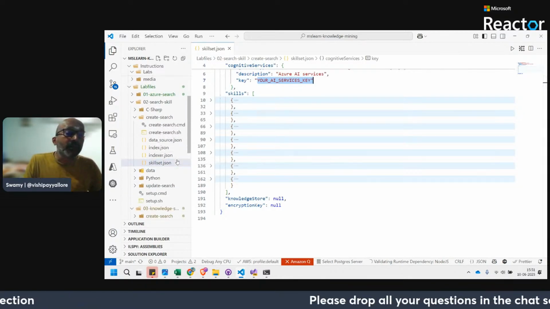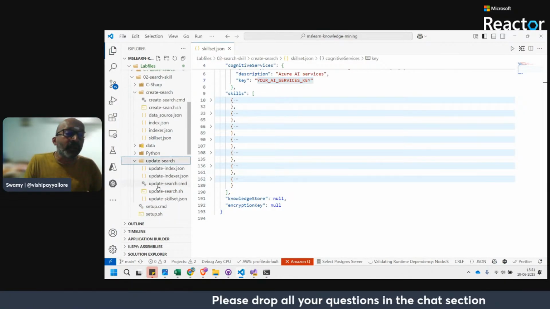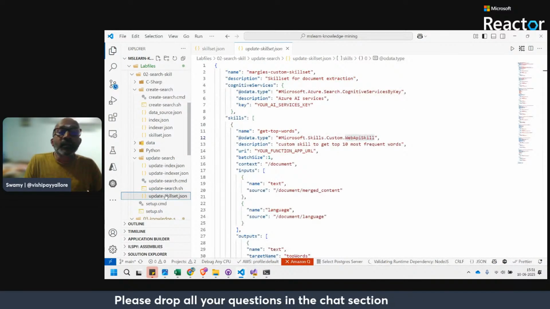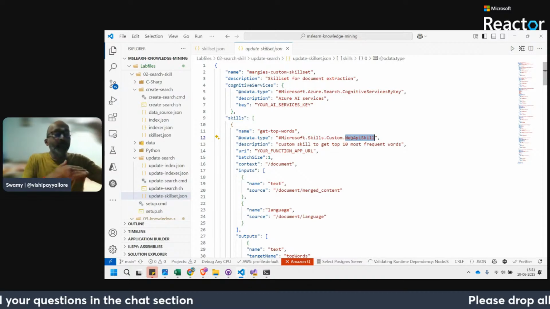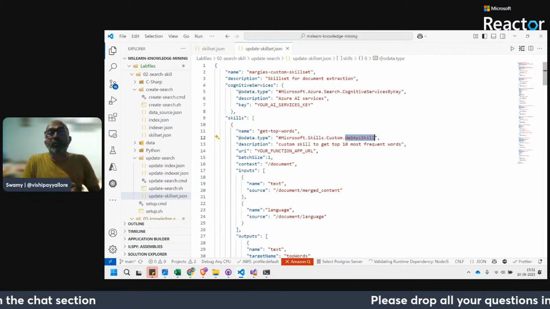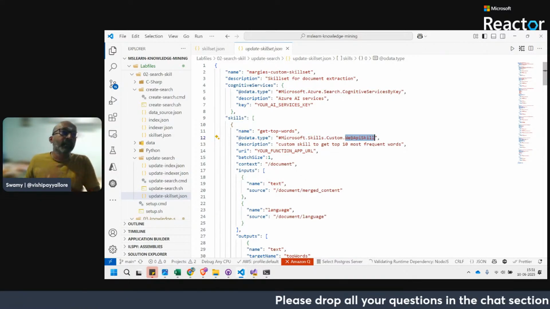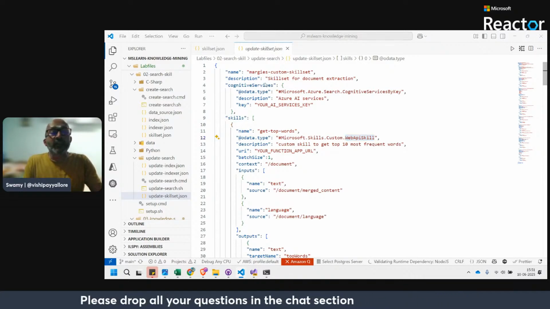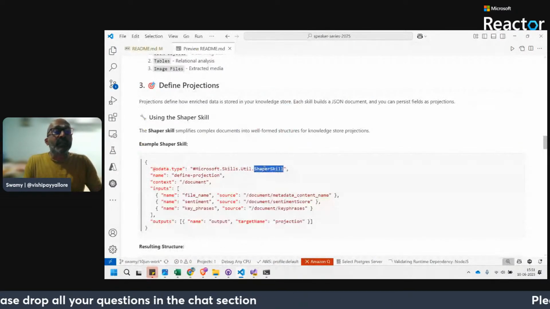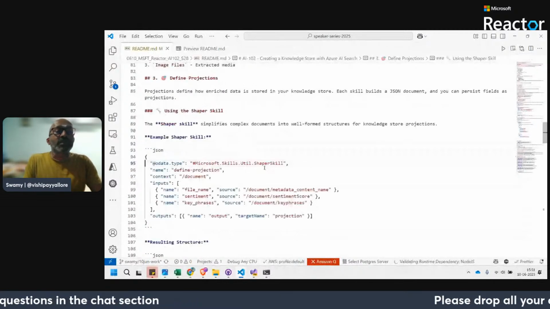Okay, this is the one. Let's go to the updated one. Updated skills. So here, those are the basic or built-in skill set. On top of that, we can do web API and the Azure machine learning. Those two skill sets. Now here, something we call a shaper skill.